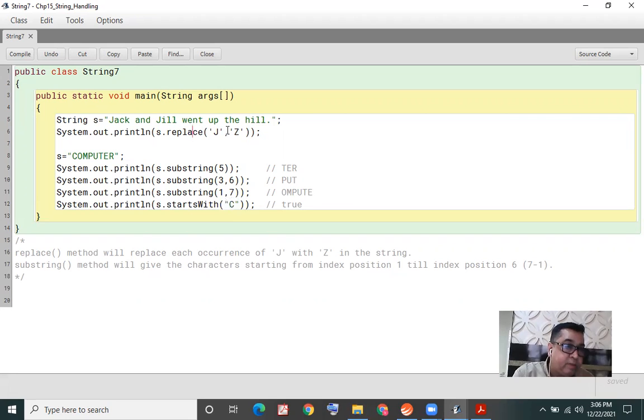Whereas if you notice in the replace method, I'm asking it to look for G. I've given it in single quotes and replaced it with Z. That also was given in single quotes. Here I had given G and Z in single quotes, as character constants, whereas here earlier I gave C in single quotes, I was getting an error, so I corrected it to double quotes. That means you have to give that character in string form.